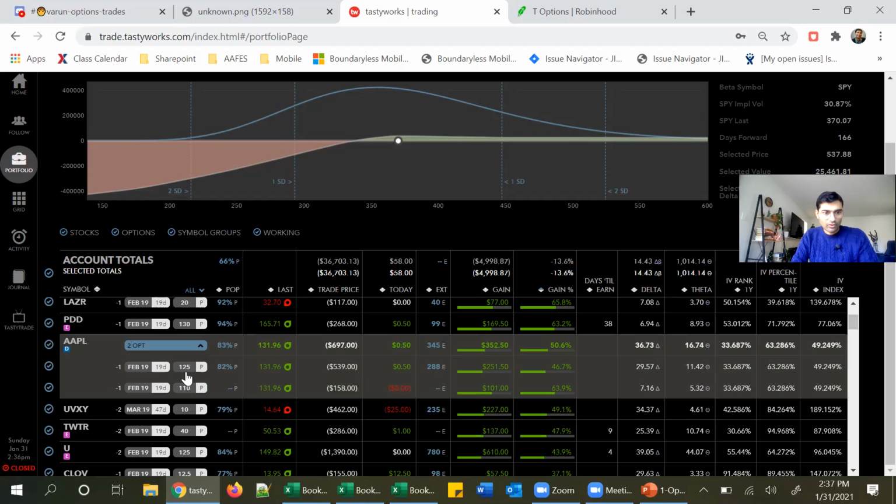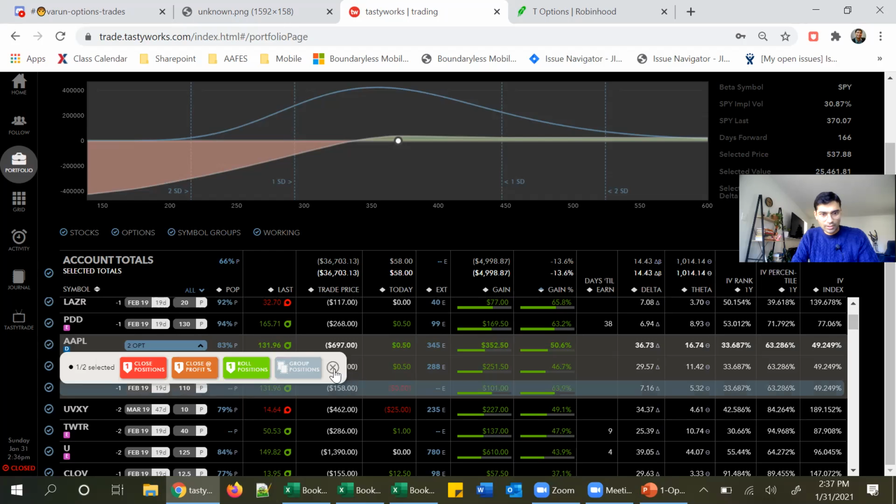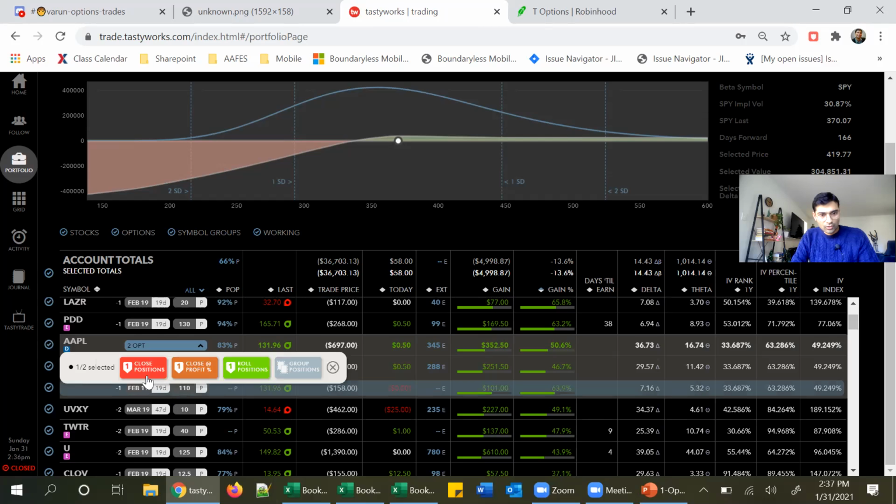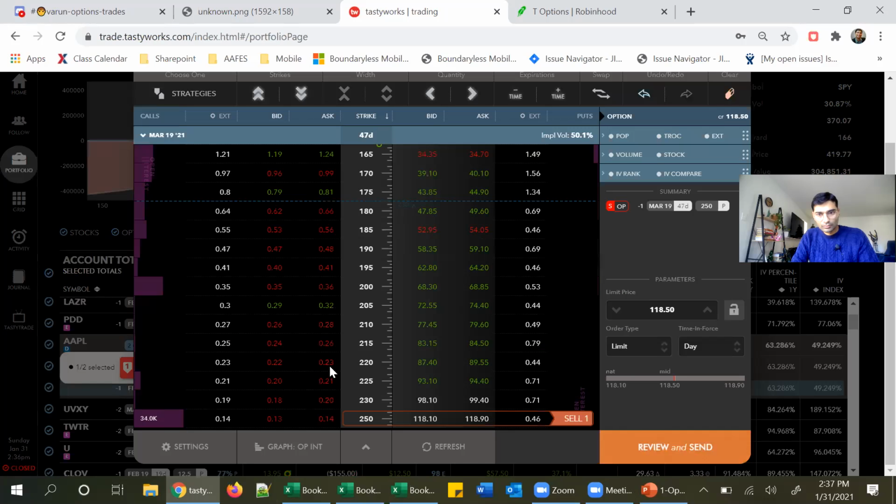So let's say I want to close this Apple, right? This is a call. If I click on this, in Tastyworks I'm showing, since I do not have any open contract in Robinhood, but in the app, if I go here, there's a close position. I'll click here. So you can see this has placed a trade for me automatically when I'm putting a close order. It is saying sell to,